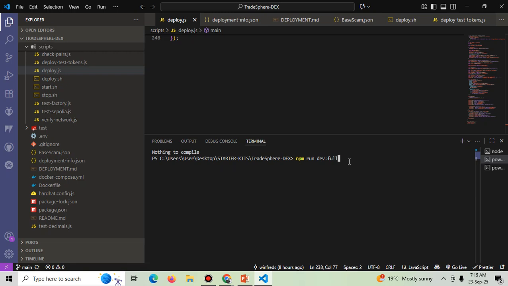This command you're seeing here. So when you run it, it will deploy the Tradesphere factory, it will deploy the Tradesphere router, it will deploy the WETH contract, and then it will create mock USDC and then USDT tokens, it will set up initial liquidity pools, and then it updates the deployment JSON with the addresses. So when we run it,